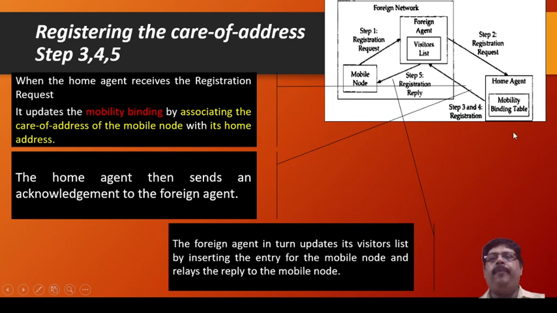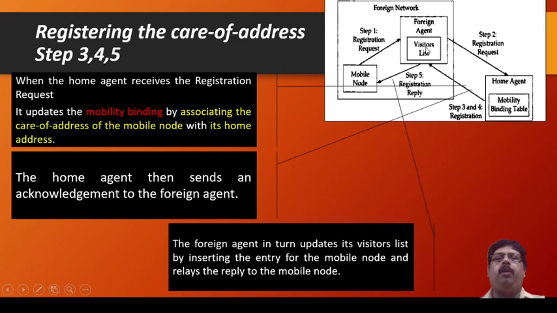So here you can see, when the foreign agent receives the acknowledgement from the home agent, it will add it into the visitor list. You must be doing this when you go for a fest or anywhere in a different college. They write down the visitor list of who came from outside, so later they can contact. A similar process is here. It is added in the visitor list.